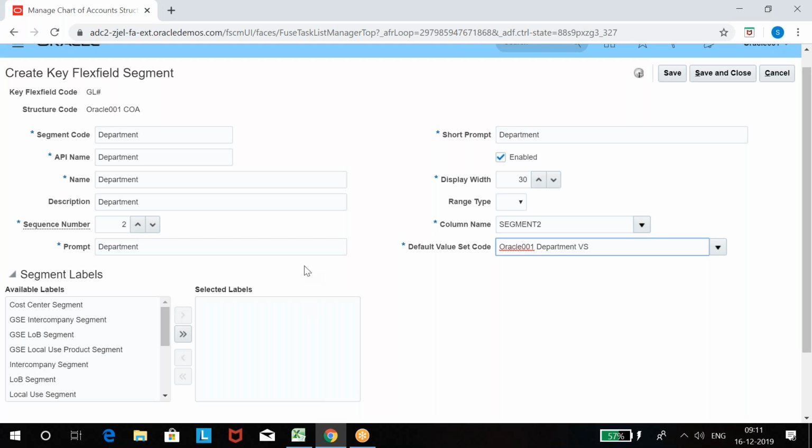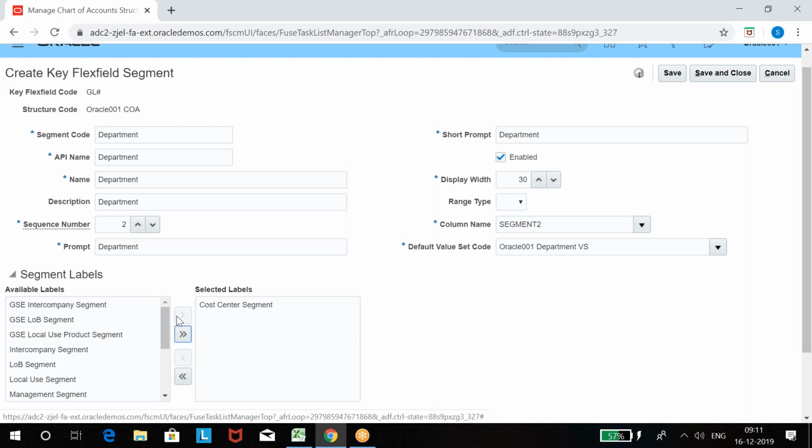See, usually what do we call a department? Cost center. In a company, a department is nothing but a cost center, right? They are the ones who actually incur expense, and they generate revenue for the business. So we will use department as cost center. So I'm going to make the system understand department. I want it as cost center.